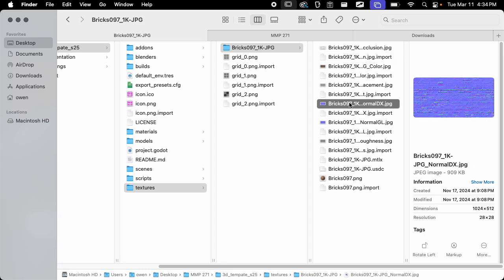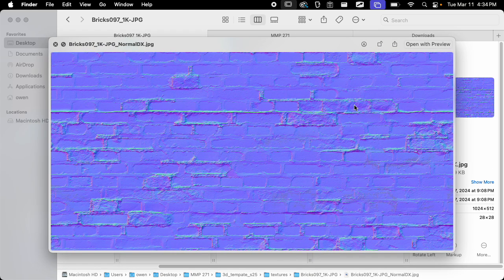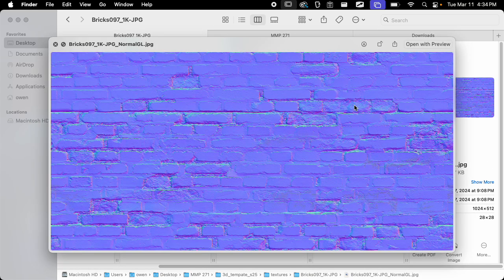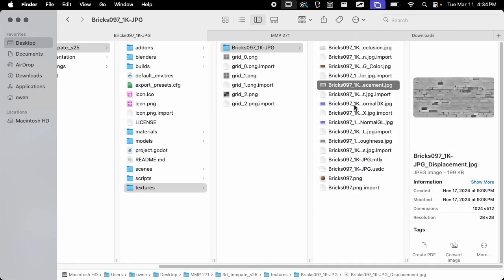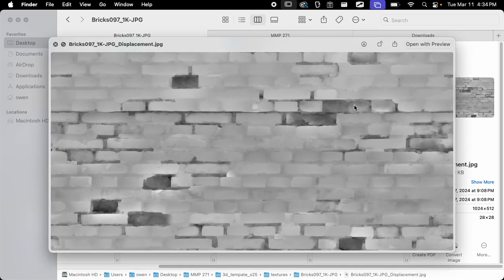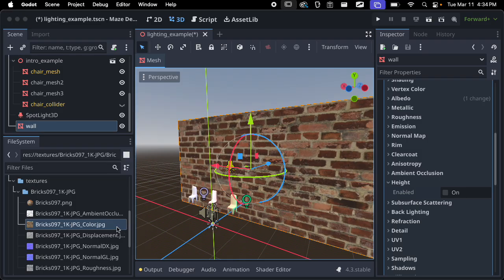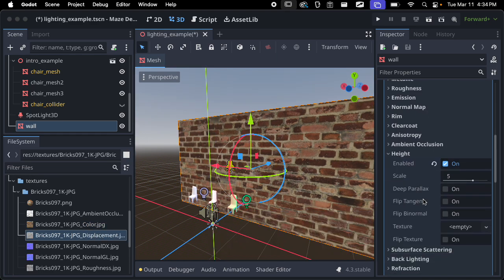And the way these images work is they use color to encode data. So if we look at the displacement map here, in this case, things that are white are going to be higher, and things that are dark are going to be lower. And so we're going to create this kind of distance. We're basically using image textures as simple data formats. So if I throw this displacement map in my height texture,